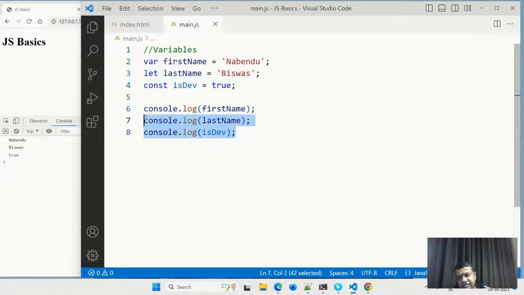Now the other thing is, what is the difference between var and let? See, var is actually functional scoped and it was having some problems. That's why the concept of let was introduced. If you want to learn more about it, as I've told, today's class will be a bit shorter because we cannot cover JavaScript in 1 or 2 hours. It takes around 4 to 5 hours.